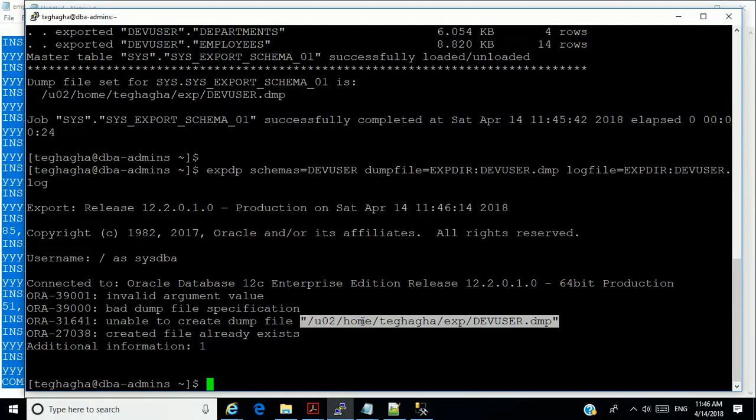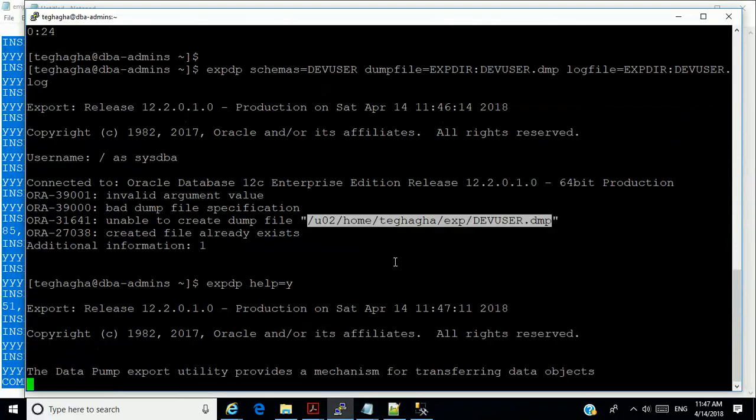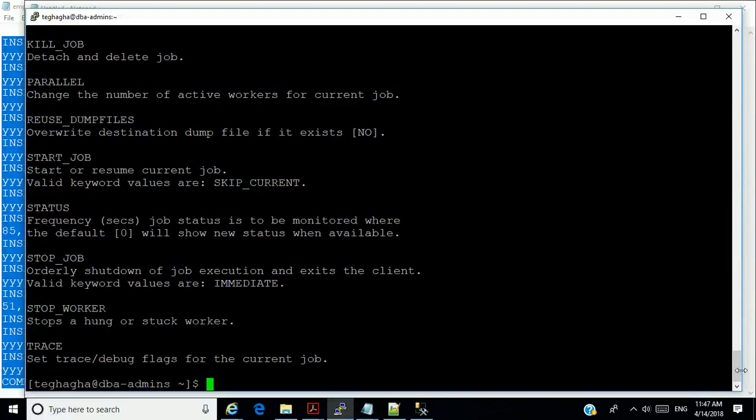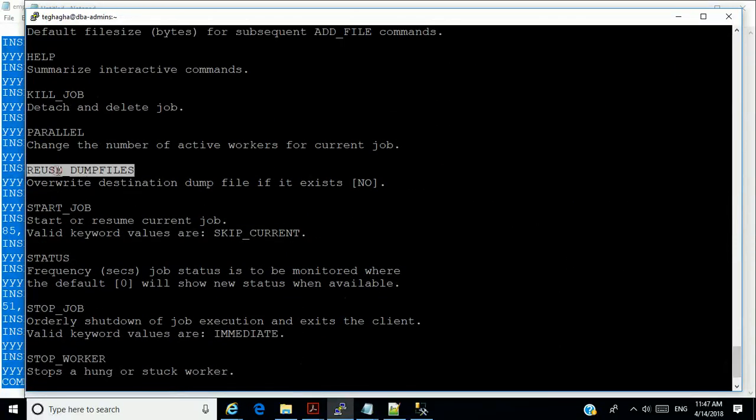You know why I had this error? Because the file I mentioned exists already. If I really want to overwrite the file, I have to force it by putting a parameter called reuse dump file. Now let me say export pump help equals yes, and I'll look for this parameter here.